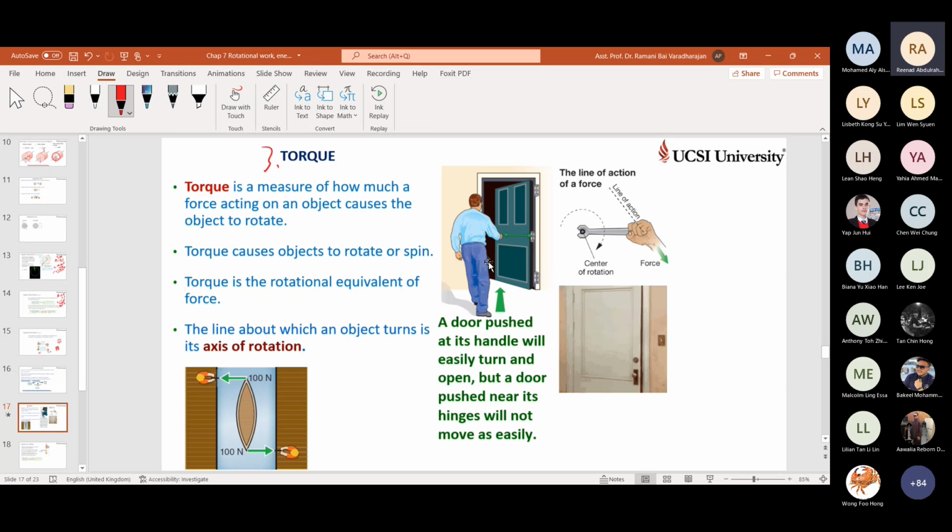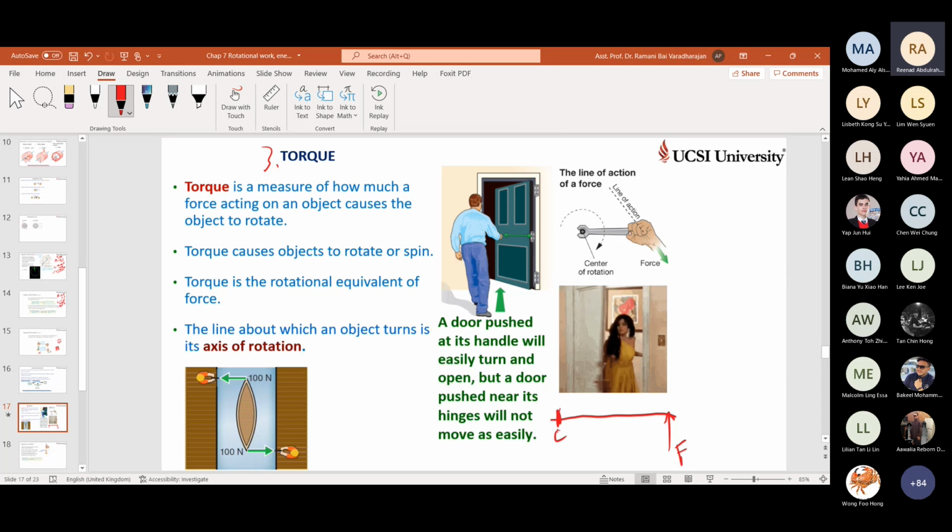Or I draw the line sketch of this one, this lady one. If you draw the line sketch of the lady opening the door, the hinge is here. The force applied, line sketch, plan view. In the plan view, if you do it like this, this is the force applied. This is the hinge, or what you call the center.